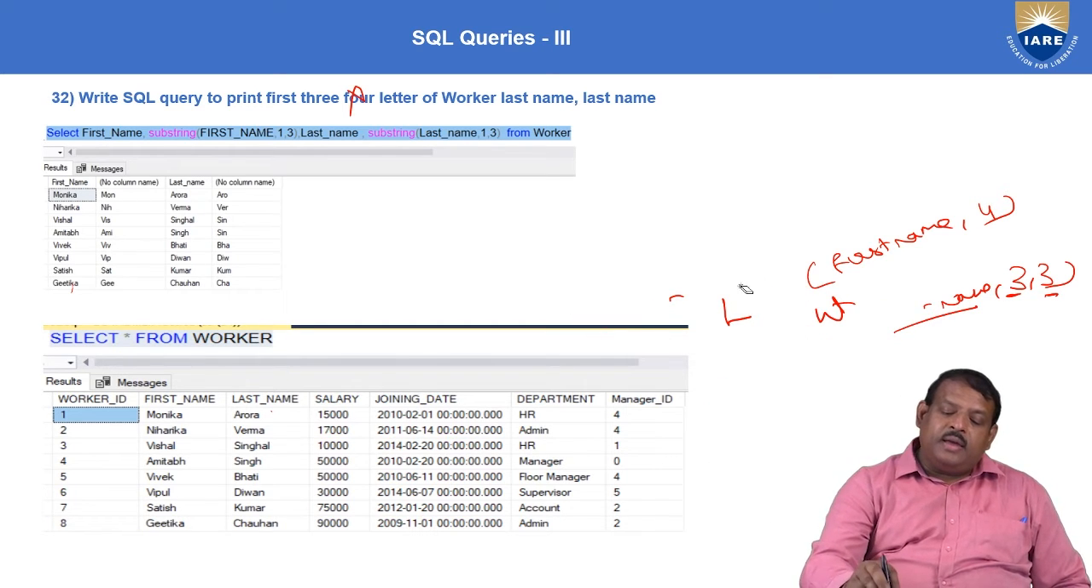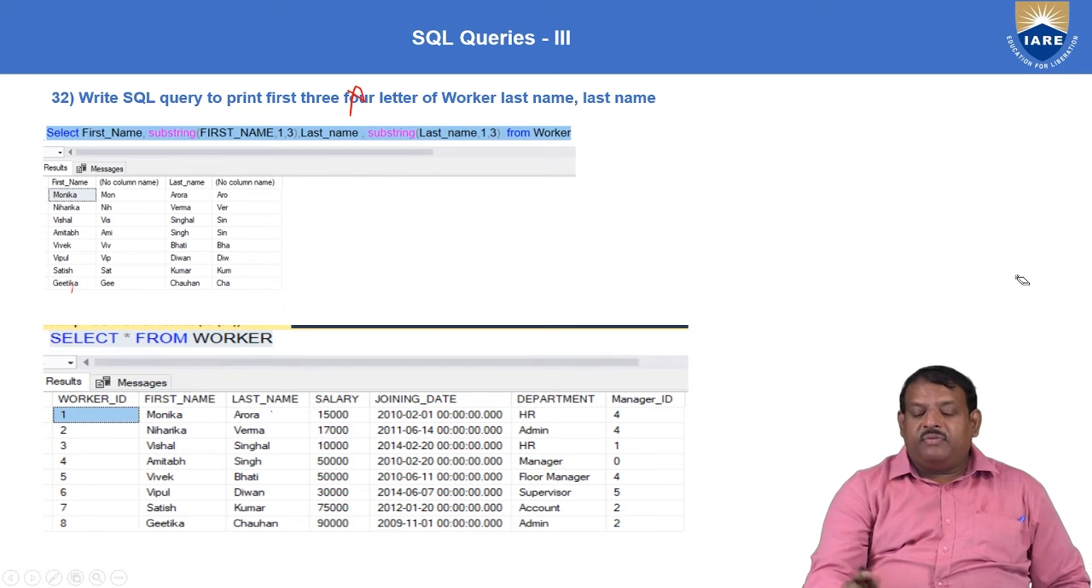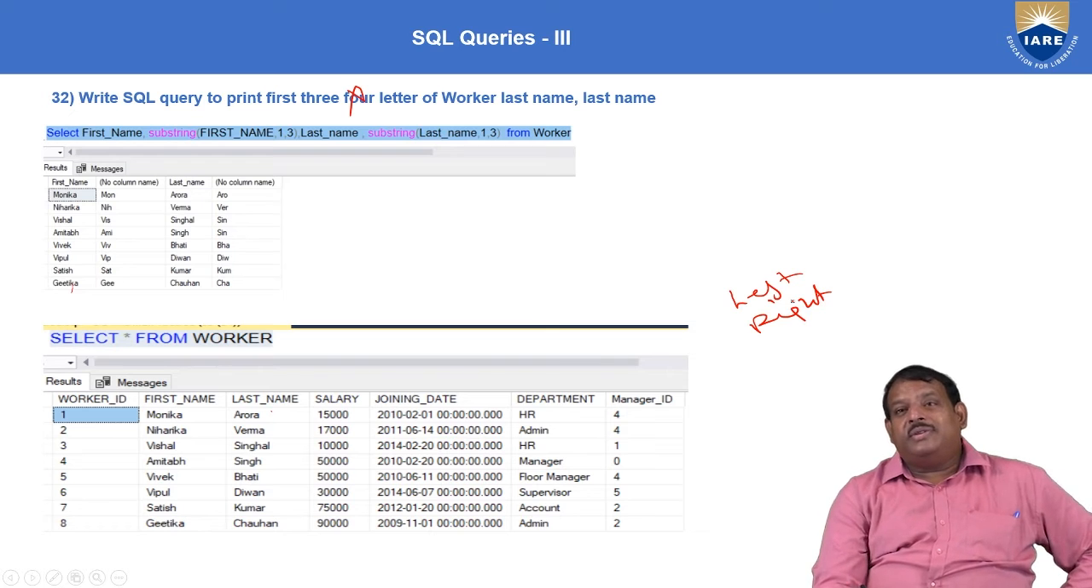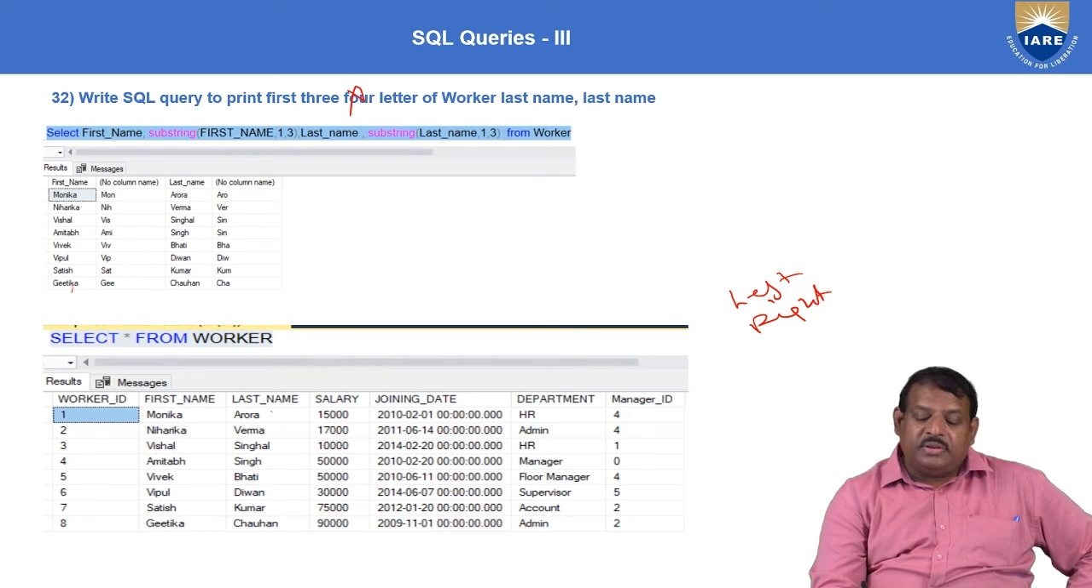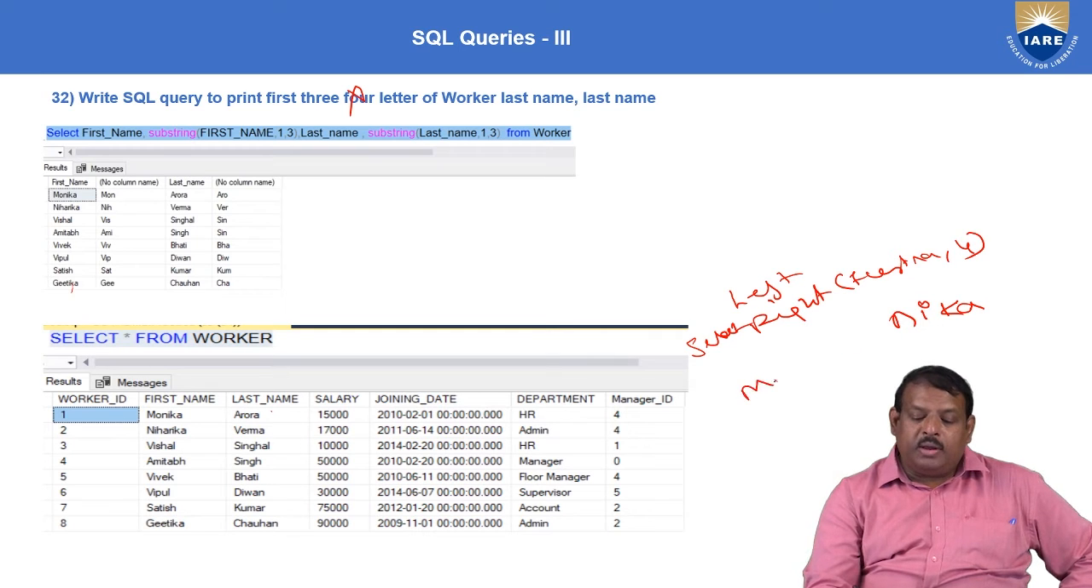Similar to substring, we have a function called left and right. But the only disadvantage of this is it always starts with the first character. So if I say select right of first name, comma 4 from the first name, I'll get A K I N. I'll get like this for the name Monica,